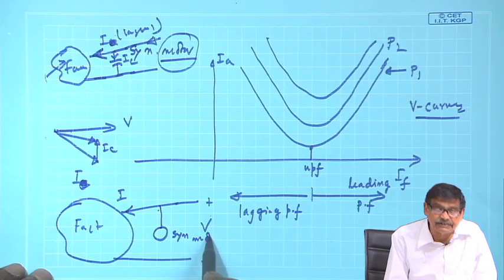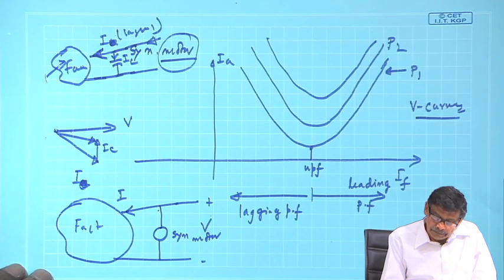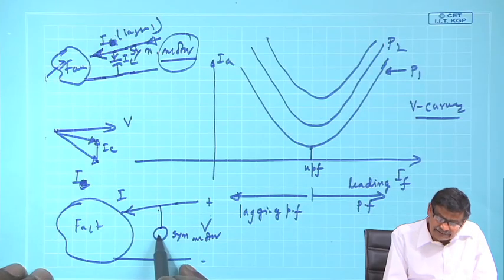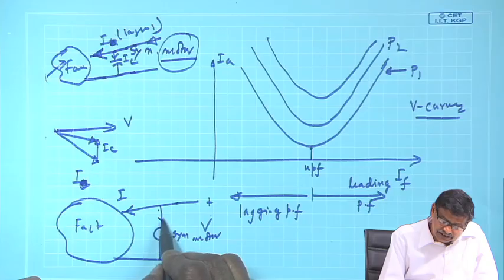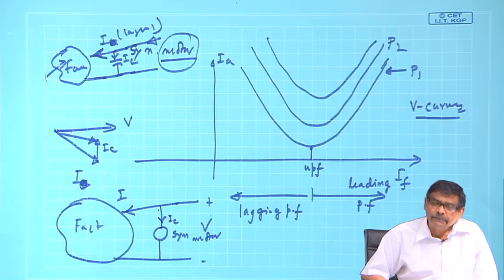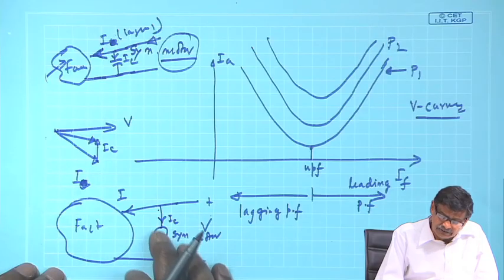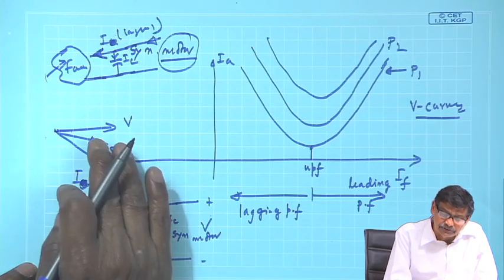You have to invest, of course, in a synchronous motor and adjust its field current such that it draws leading current. In fact, you can adjust this so that it draws close to 90-degree leading current. So, it will substitute the capacitance,